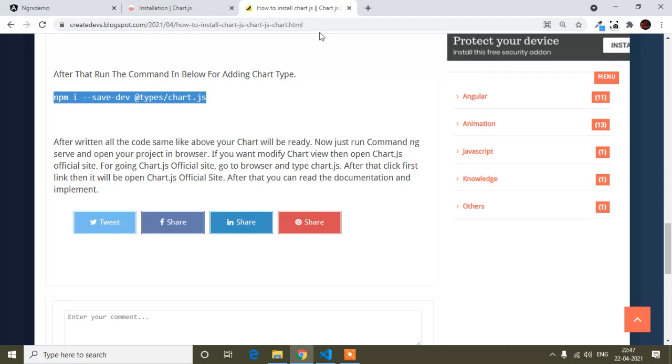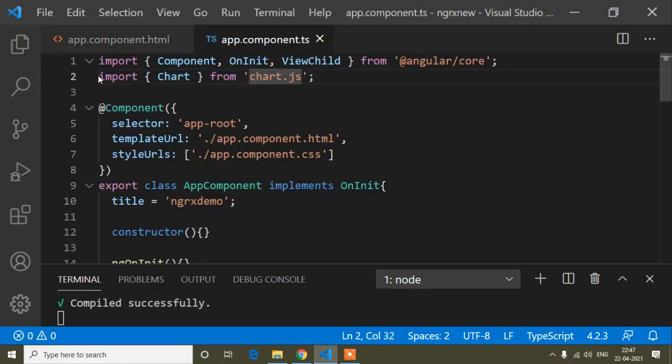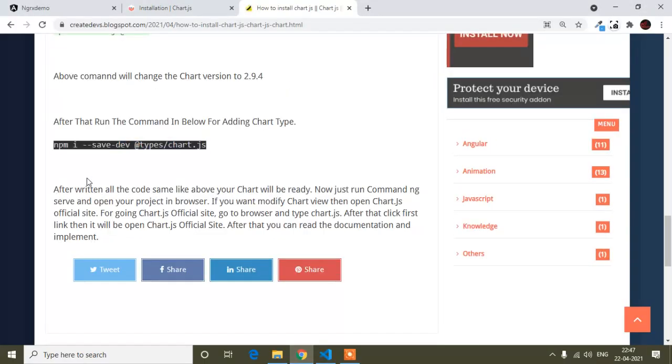Once you open this site, you will get all the commands. Again I'm saying, if you get any chart type error, at that time you have to install this command. It would be better if you install it already, without the error. If you install this command, it's better.